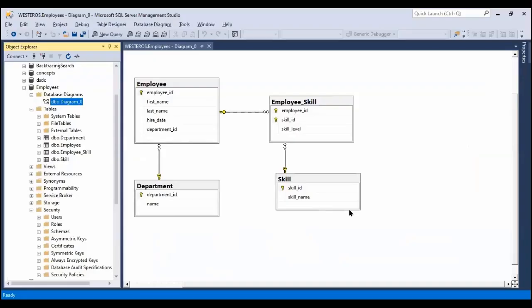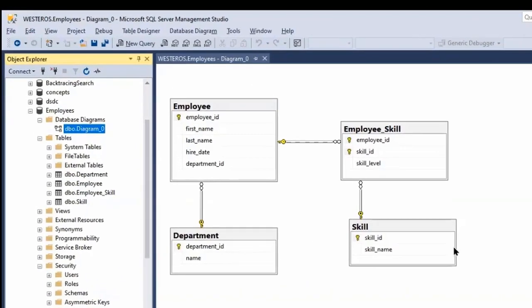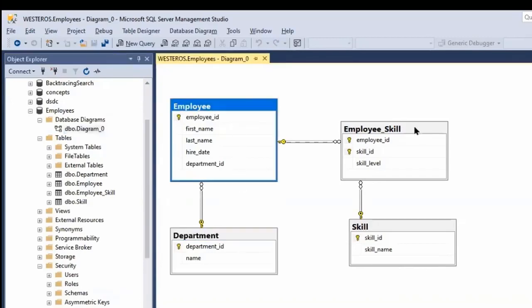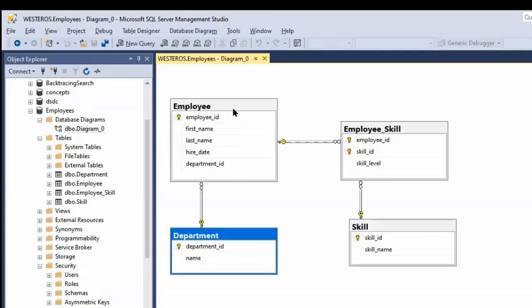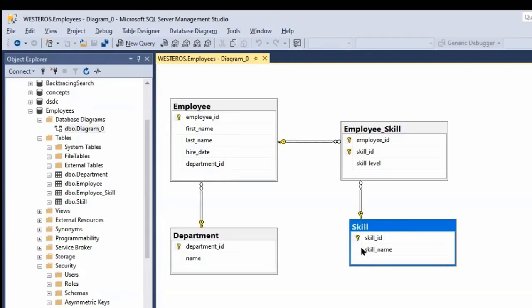What we're looking at now is just a little database diagram of this employees database that I use for illustration purposes. And we can see it has 4 tables that allow us to keep track of which employees work in which departments and which employees have which skills. And the level of those skills is recorded as well. For now, let's focus on this relationship over here on the left